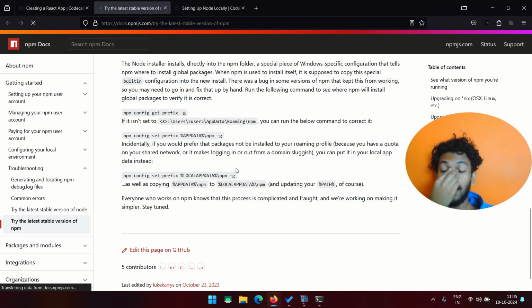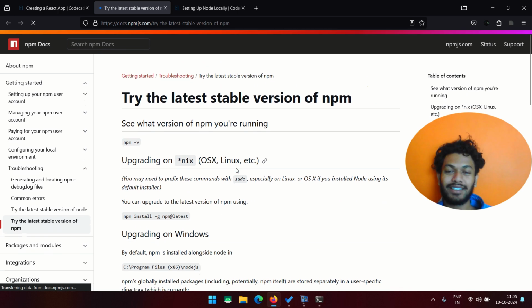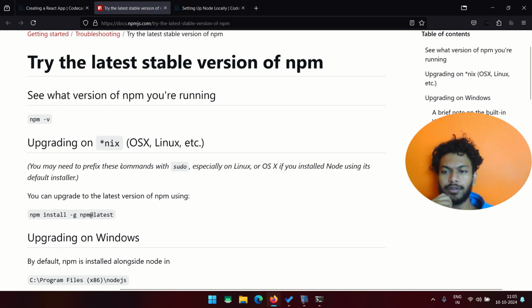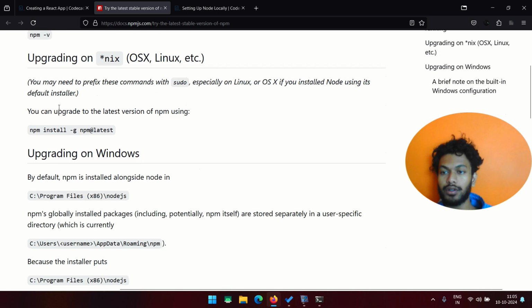I mean, let's have a habit of reading it. If you're operating on Linux, you might need to prefix these commands with sudo, especially on Linux. You might not even be sure why this thing works. If you have installed Node.js with the default installer, you can upgrade to the latest version of